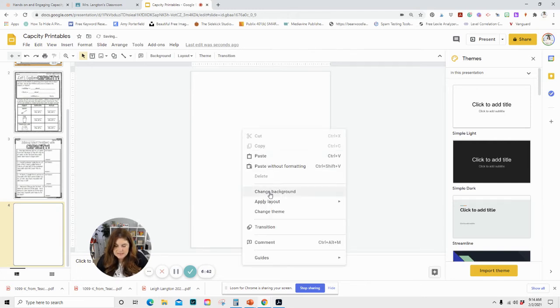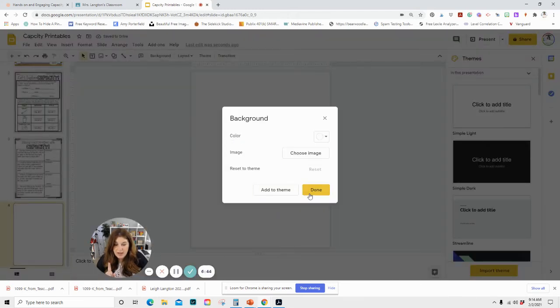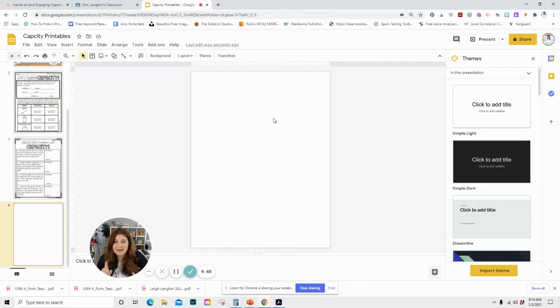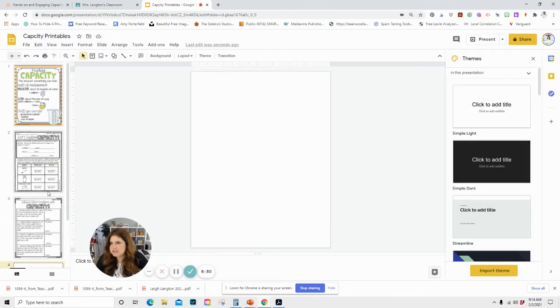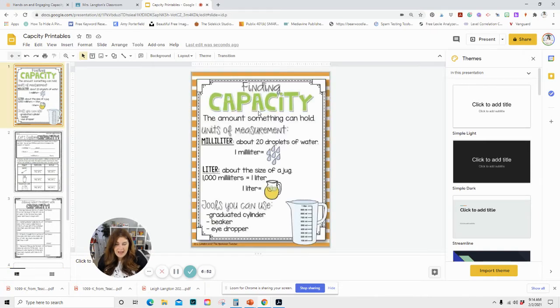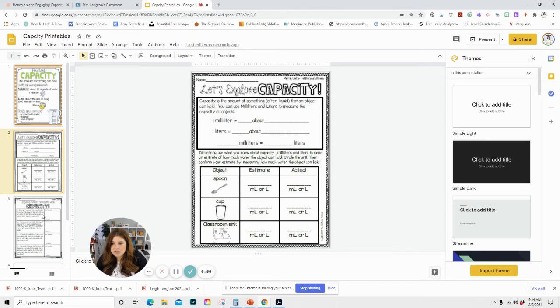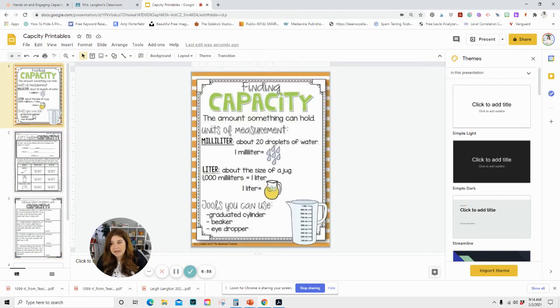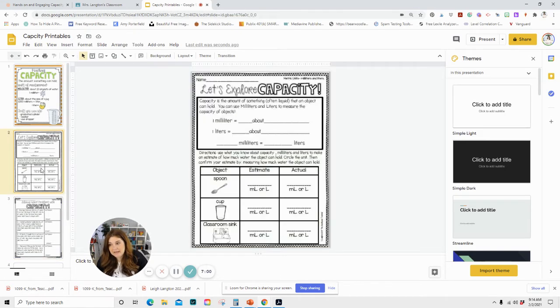Okay, and our last one, I'm not going to insert as an image. So I'm not going to insert as a background. I'm going to show you that in just a second. Okay, so here we now have the reference poster for students to reference and 2 activities that students can complete after learning about capacity. So the first one is an exploration activity, and here students are going to fill in